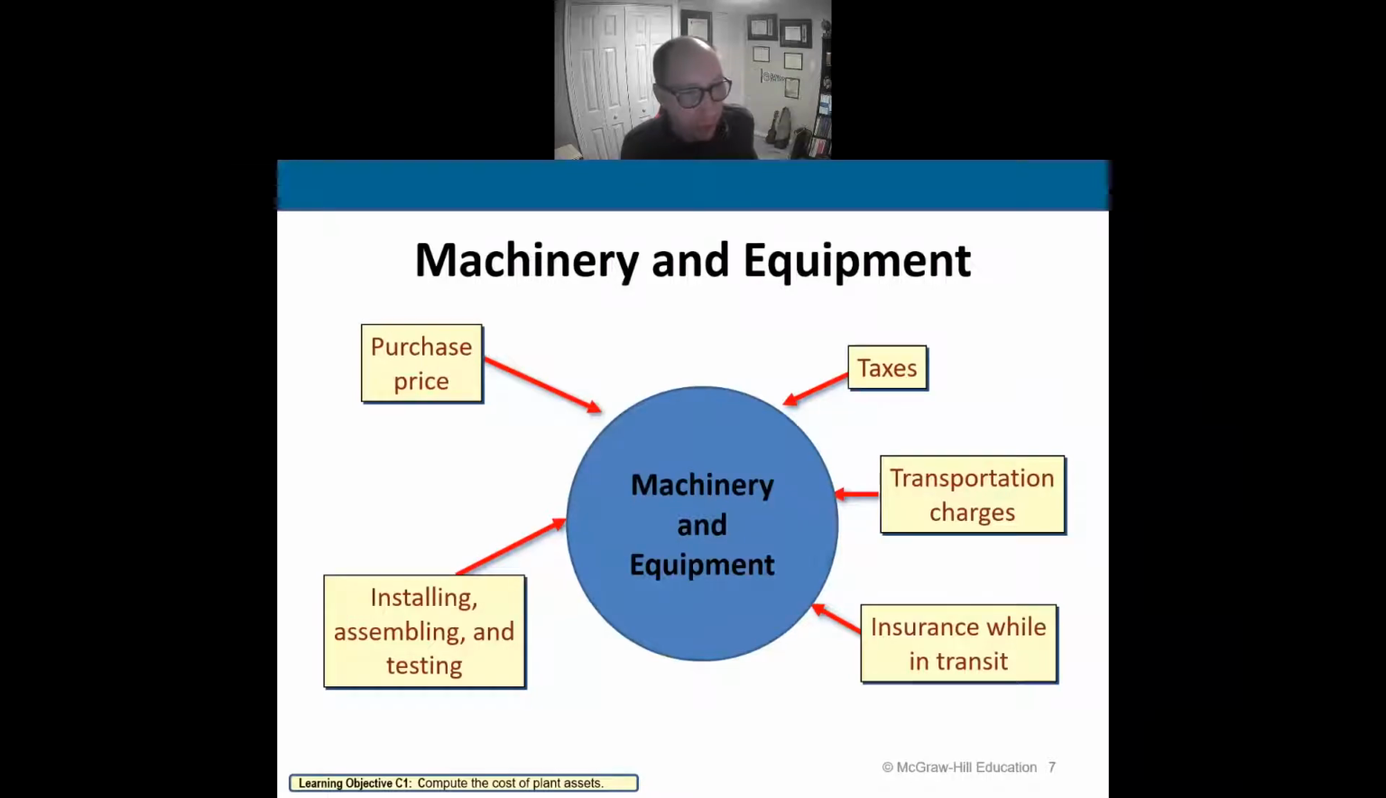With respect to machinery and equipment, it's the purchase price plus the sales tax you had to pay, plus the transportation charges to get it to you, plus the insurance while it was in transit. In other words, the insurance you had to pay in case something happens while it's in transit. Plus the installation of the machinery, plus the assembly of the machinery, plus the testing of the machinery. These are all factors of the acquisition cost. We add all these things together to equal the total cost of acquisition for the machinery or the equipment,